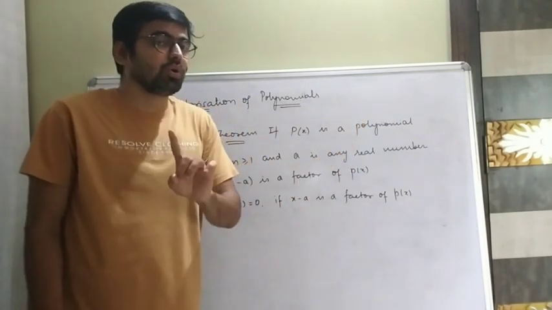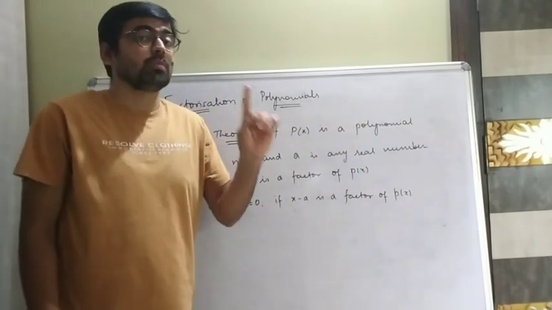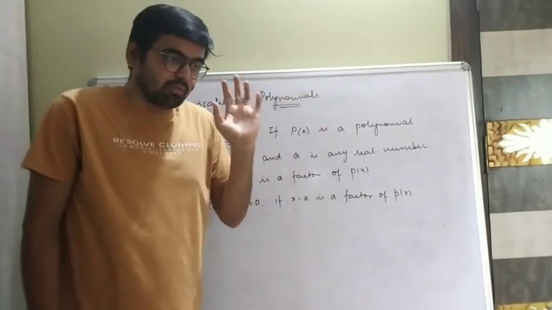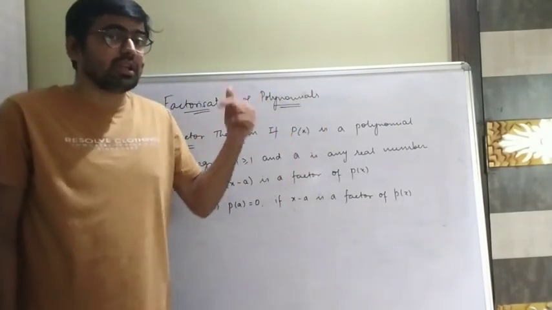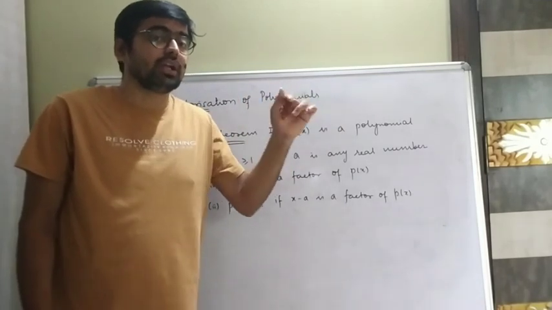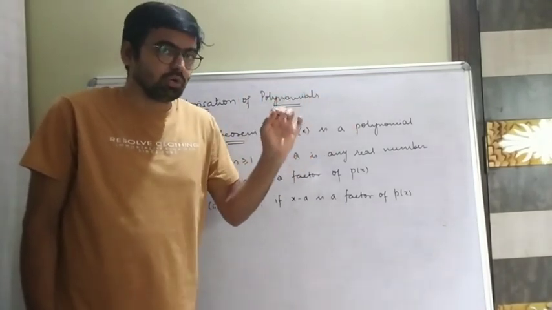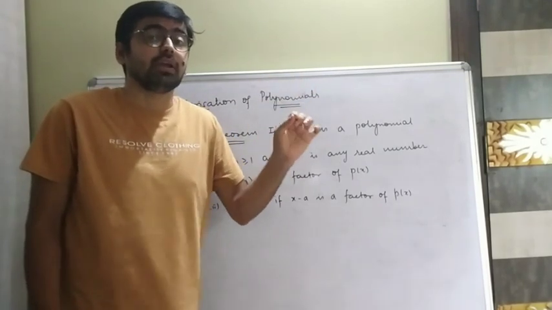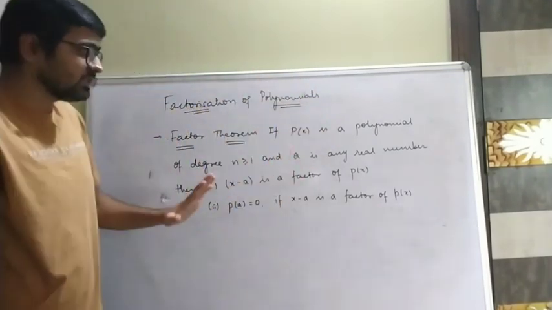At that time I told you that this is going to be important to define our next topic, the factor theorem. Why did I say that? Because when we got the remainder 0, I told you that it becomes a factor. 2t plus 1 will become a factor. Why? Because we are getting remainder 0. That's what it's all about.